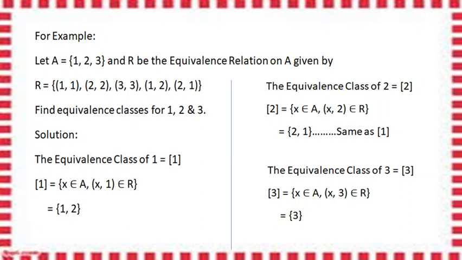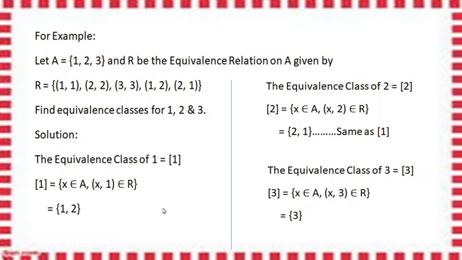Now we had two conditions. First, each and every element in set A will have an equivalence class. So we have seen, yes, 1 has an equivalence class, 2 also has some equivalence class, and 3 also has some equivalence class. The second point was, either we will have identical equivalence classes or they will be totally disjoint. So if you look at the equivalence class of 1 and 2, they are exactly the same, they are identical. But what about the equivalence class of 3? Equivalence class of 1 and 3, they are totally disjoint. 2 and 3, they are also disjoint. But if we talk about 1 and 2, they are identical.